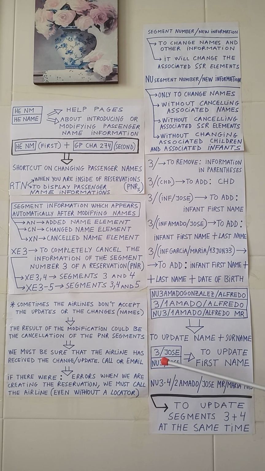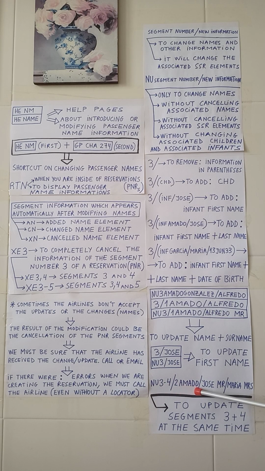The first transaction, 3/Jose, allows updating the name using the first method I explained here on the 4th page of today's video. And the second transaction, this one, NU3/Jose, allows updating the name using the NU code at the beginning of the transaction. Let's move on to the last example,